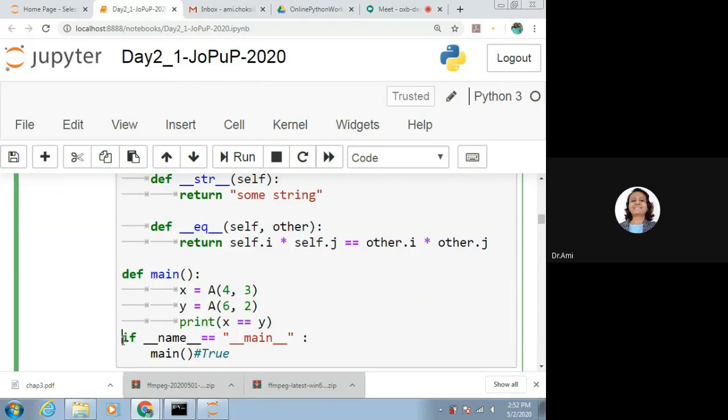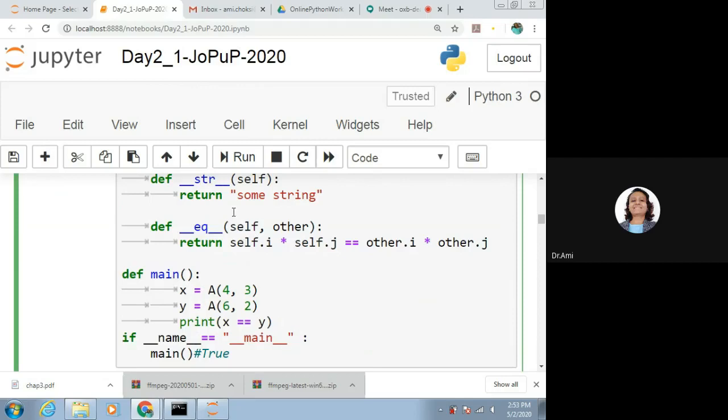Now what we do here? If __name__ is equal to "__main__". What does this do? It checks whether it is the main module or not.